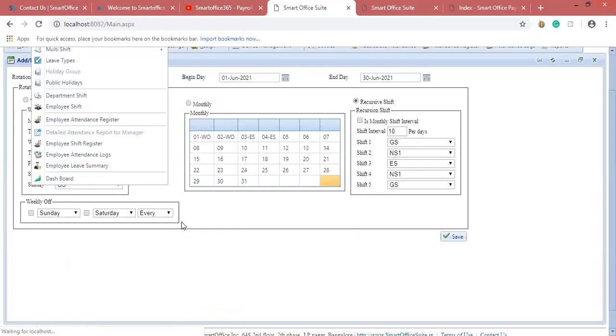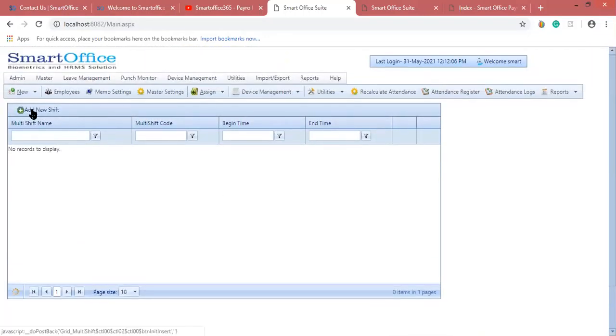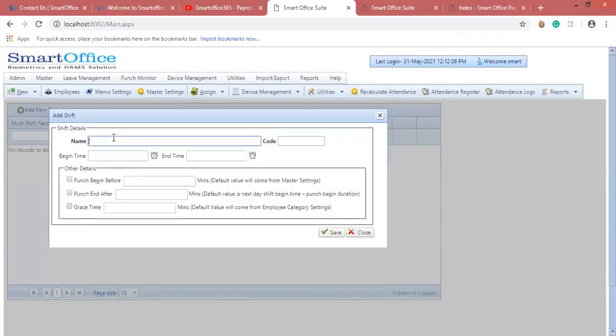Again, for multi-shift, you need to create particular shifts, or you can import the shifts also. For example, I'm going to create shifts over here. Say for example, morning shift MS, and shift timing is from 6 o'clock to 14, that is 2 o'clock. Punch begin before and end after are the same, like the shift setting, whatever I'm giving, 10 minutes. I'm going to save this. This is the morning shift, and I'm going to create a general shift.